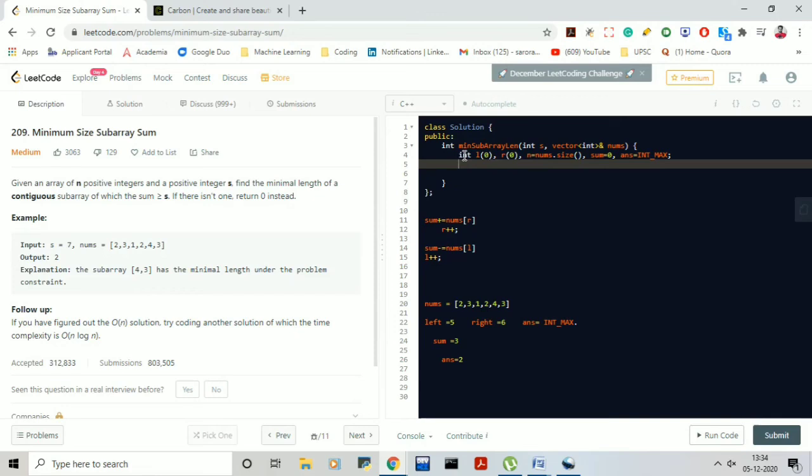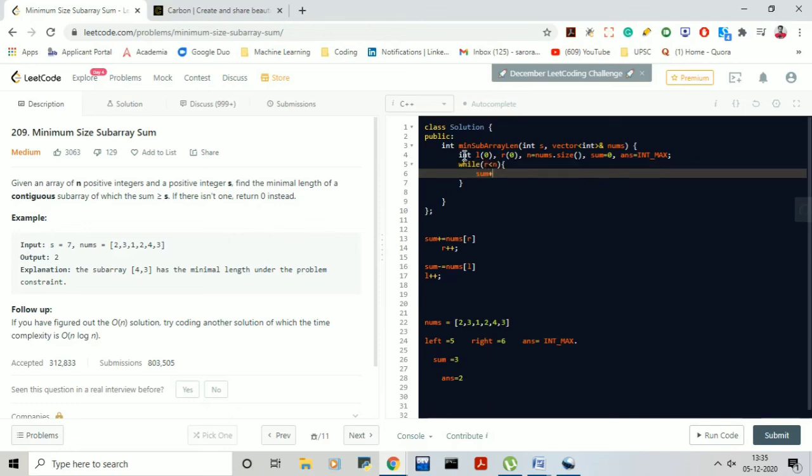Right, now we'll say, okay, while this r is lesser than n, we need to process the elements. First we need to do sum plus equals nums of r, and then r plus plus.